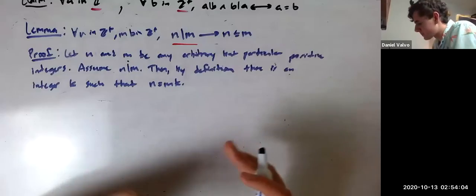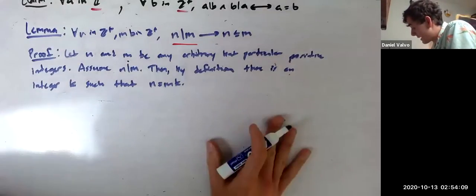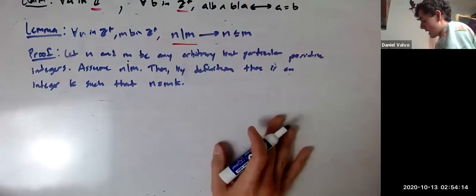So the point is that we know that N equals MK, right? And then we can use our little trick we were talking about. We can say that